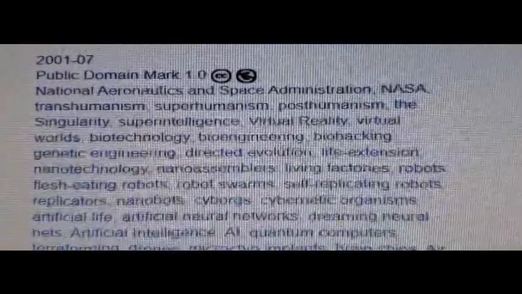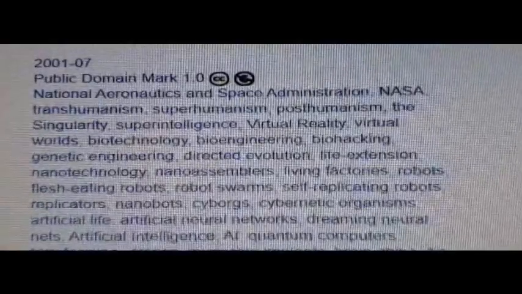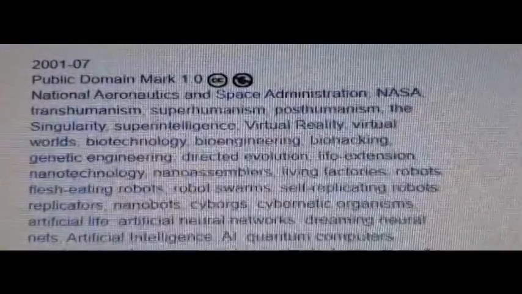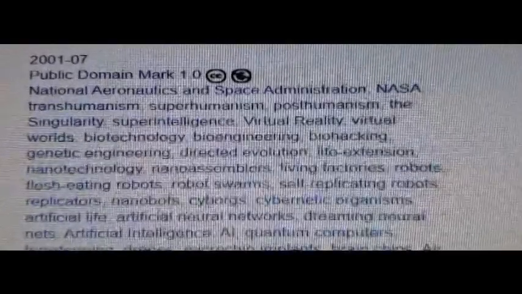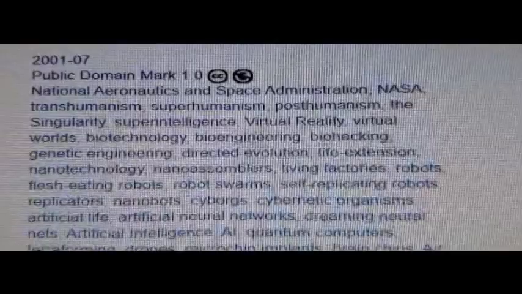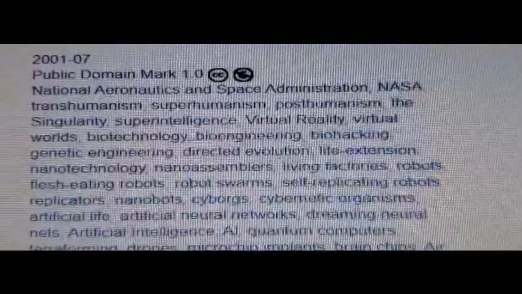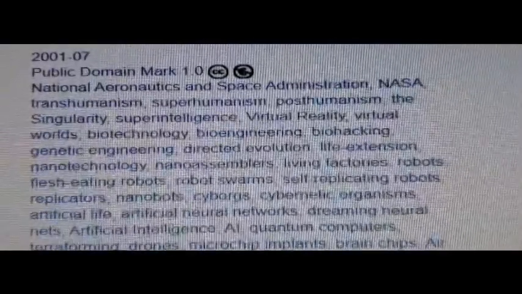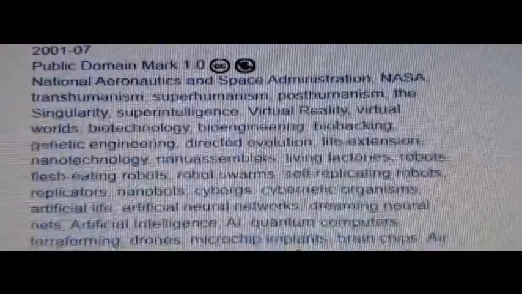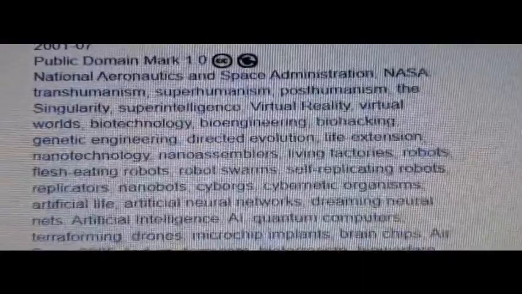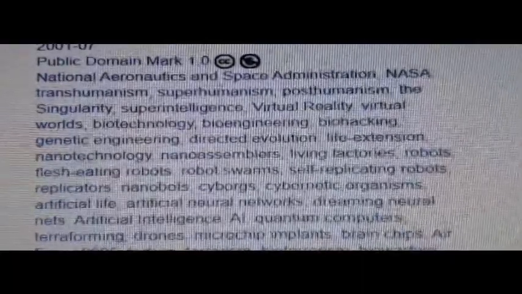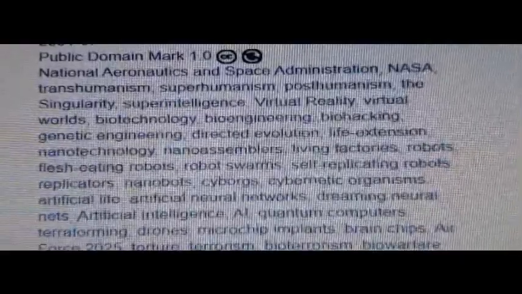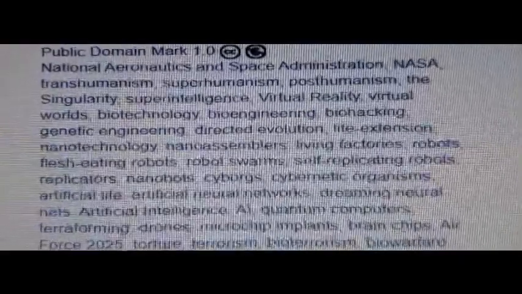transhumanism, superhumanism, posthumanism, the singularity, superintelligence, virtual reality, virtual worlds, biotechnology, bioengineering, biohacking, genetic engineering, that would be on us, directed evolution, life extension, nanotechnology, nanoassemblers, living factories, robots, flesh-eating robots, robot swarms, self-replicating robots, replicators, nanobots, cyborgs, cybernetic organisms, artificial life, artificial neural networks, dreaming neural nets, artificial intelligence, AI, quantum computers, terraforming, drones, microchip implants, brain chips, Air Force 2025,